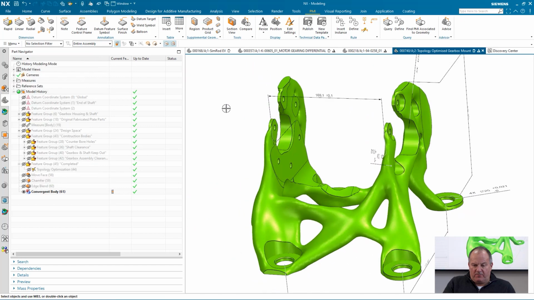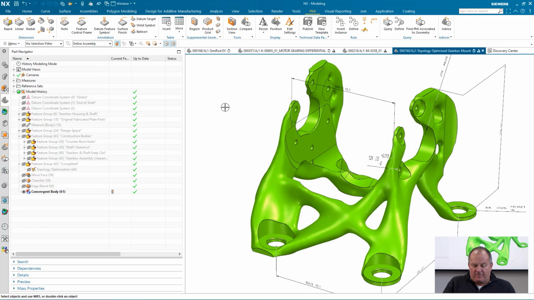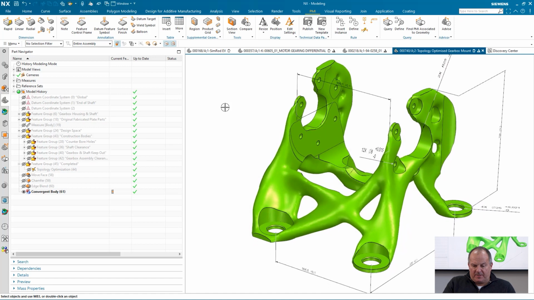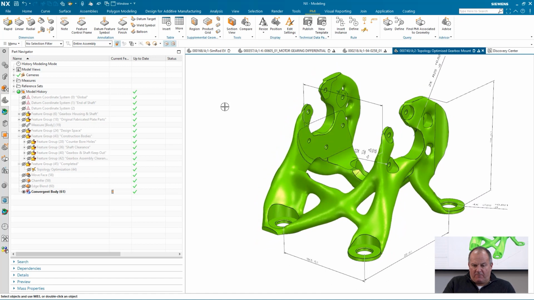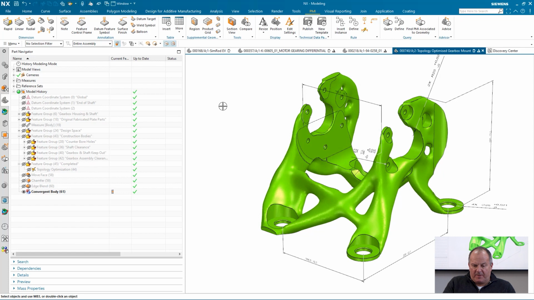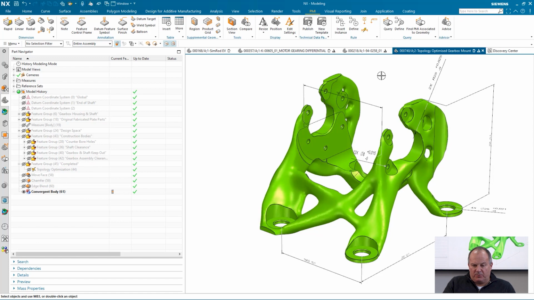So we could continue, obviously, to completely and fully document the model, but you get an idea in this demonstration of some of the power of being able to apply and fully document a model with PMI, either manually or with one of the pre-configured rules that we have at our disposal.